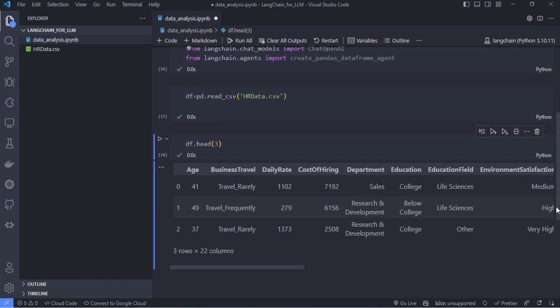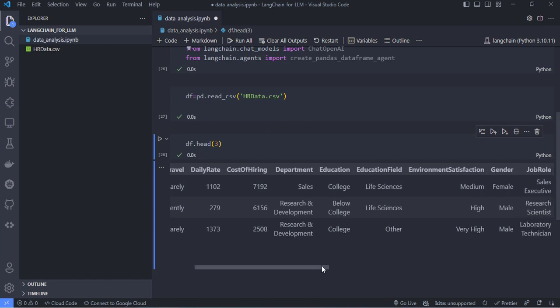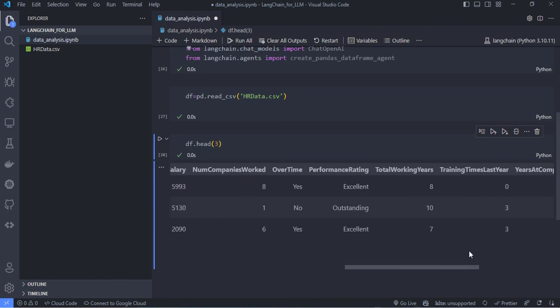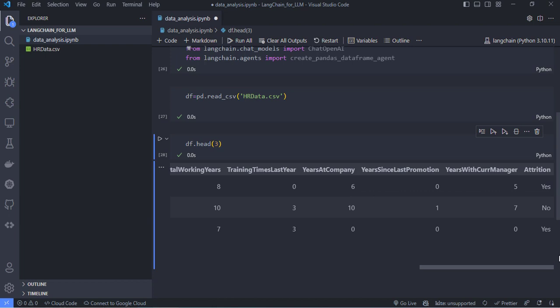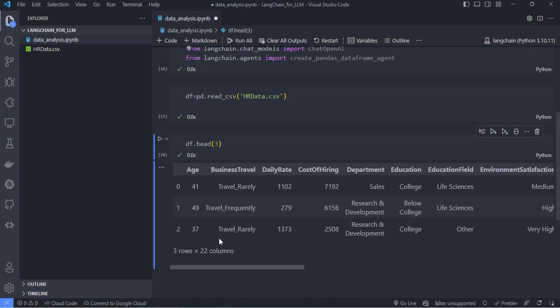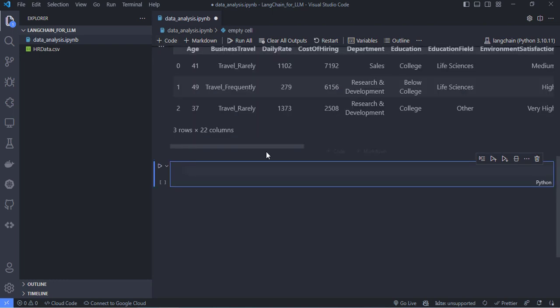Okay, so this is our data with age, business travel, daily rate. So remember, it's our employee attrition data that we once used in our previous tutorials. We just want to maintain that. So it shows which employees left the organization and which ones are still within the organization. So we have our data there. So now, since we have our data, we now need to configure the